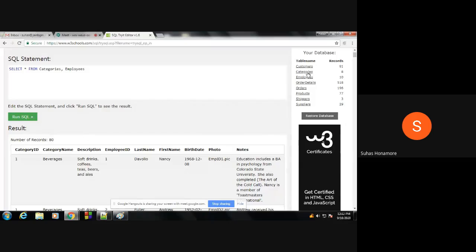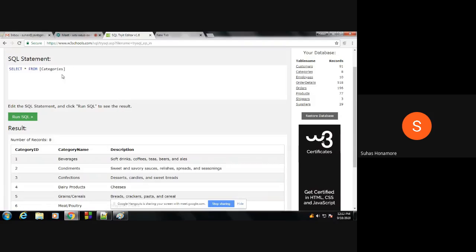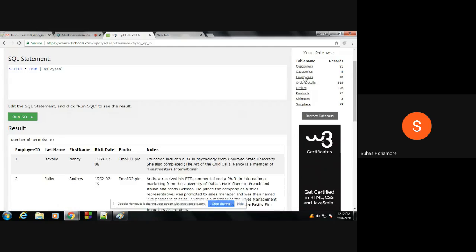First I will look at categories. The categories table has only 8 rows and 3 columns. In the employee table we have 6 columns and only 10 records, that is 10 rows.